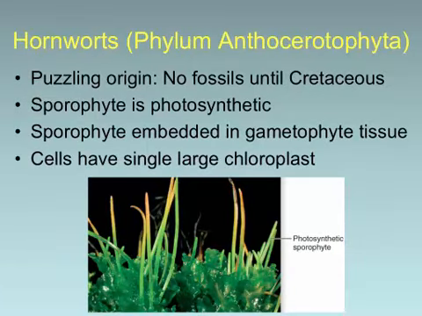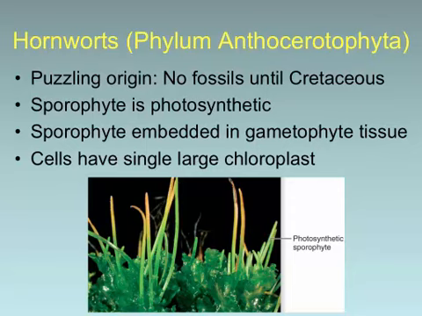Okay, so one other kind of unique thing about the hornworts is that the sporophytes actually grow differently from any other kind of plant tissue. Right? Back in the last chapter, in 36, we talked about primary growth, and we talked about how plants grow. They only grow at the tips, and they only add new cells at the tips. The cells that are further down toward the base, they actually don't change position. They stay where they are. They don't go anywhere. They don't move.